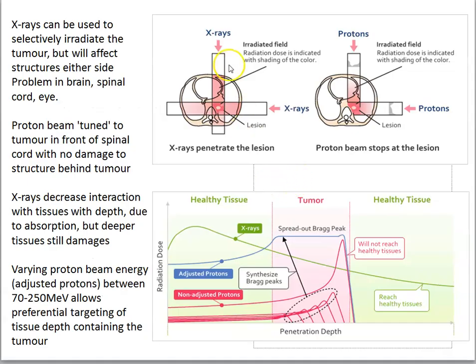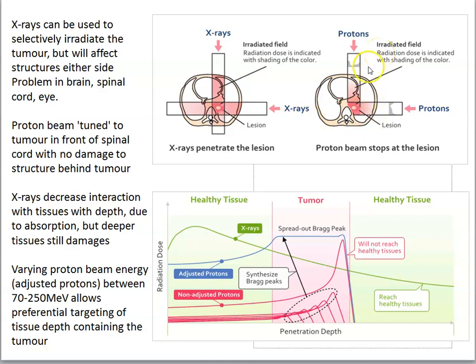So if we compare external beam radiation with X-rays, we fire the X-rays at the tumour, they pass through the tumour, they ionize either in the tumour or within the normal tissues. We can repeat that from as many different directions as we can possibly do to have X-rays going through the tumour this way, that way, that way, and that way, and try to selectively kill the tumour. And that's the basis of external beam radiation using those linear accelerators. However, if there's a crucial structure just behind the tumour like the spinal cord, this is going to cause some problems. And this is where the proton beams come in, because we can tune them, we can fire them in